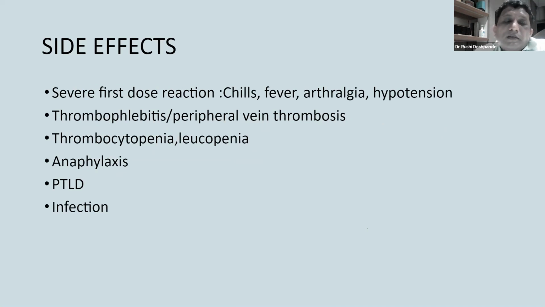As it is so potent, it has a severe post-dose reaction, which can manifest with fever, chills, joint pains, and hypotension in severe cases. So that's like a SIRS, systemic inflammatory response syndrome, that kind of a reaction. It is mediated because of cell destruction. Thrombophlebitis and peripheral vein thrombosis can occur if it is given through a peripheral vein, so it is preferably given through a central vein, right? Shorter term side effects over days would be a drop in the WBC and the platelet count, so leukopenia and thrombocytopenia.